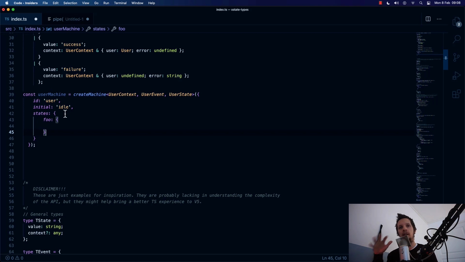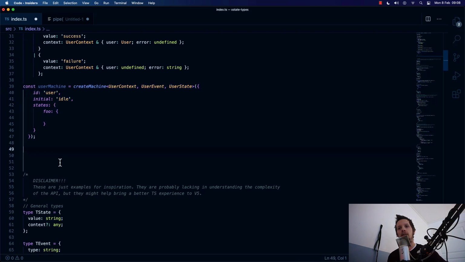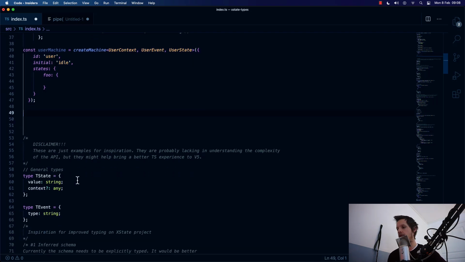I'm not saying this is not correctly implemented or anything, because this is really, really tricky to do. And some of these things are just impossible to do. You will have to change the actual API surface to fix this. So I have some suggestions on that as well. But okay, let's go through my findings and see how we can improve some things,